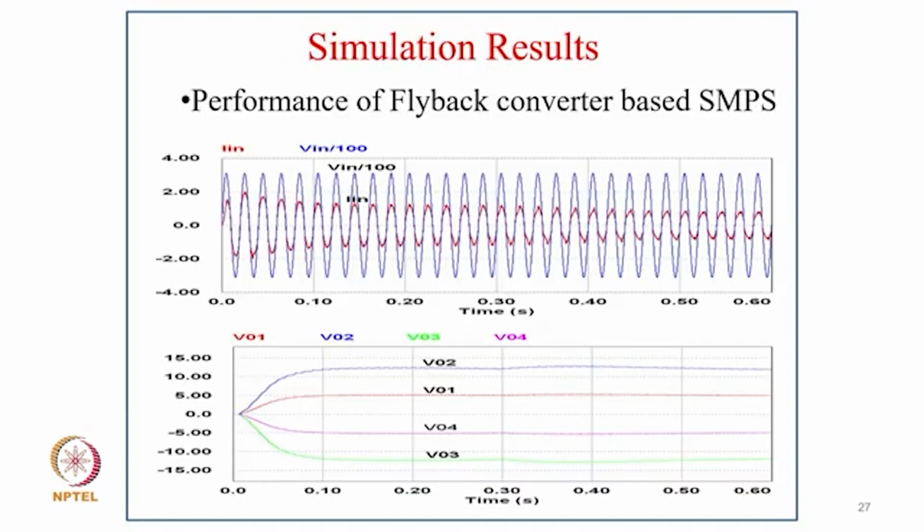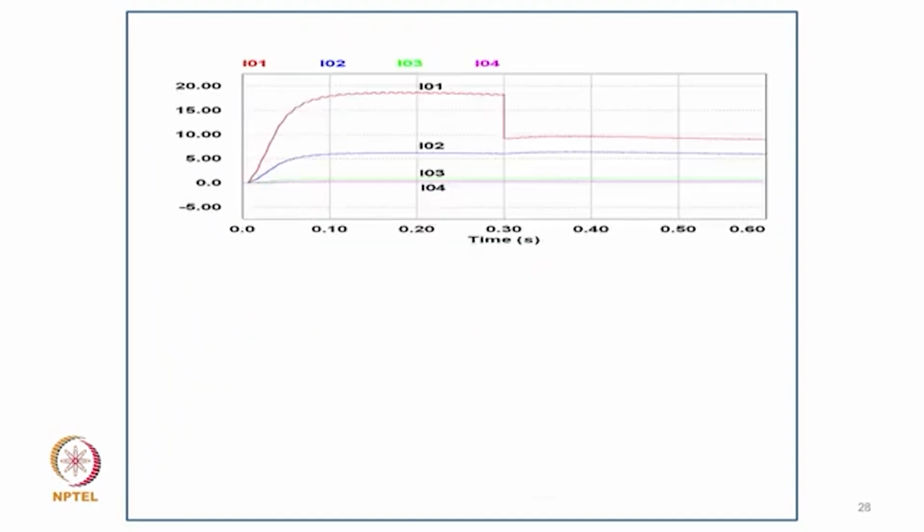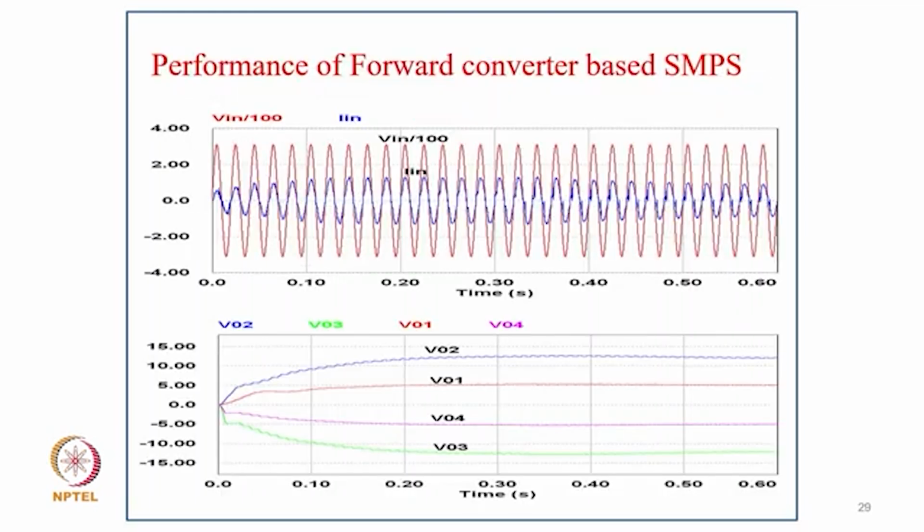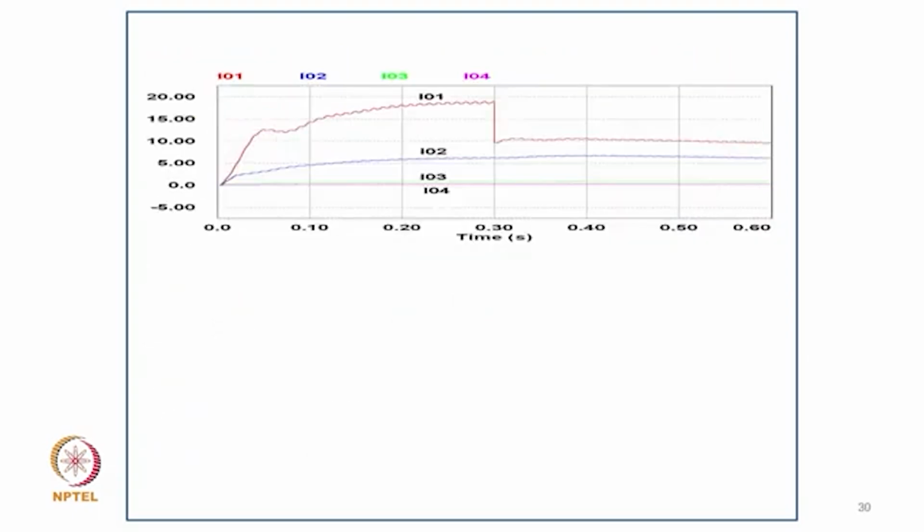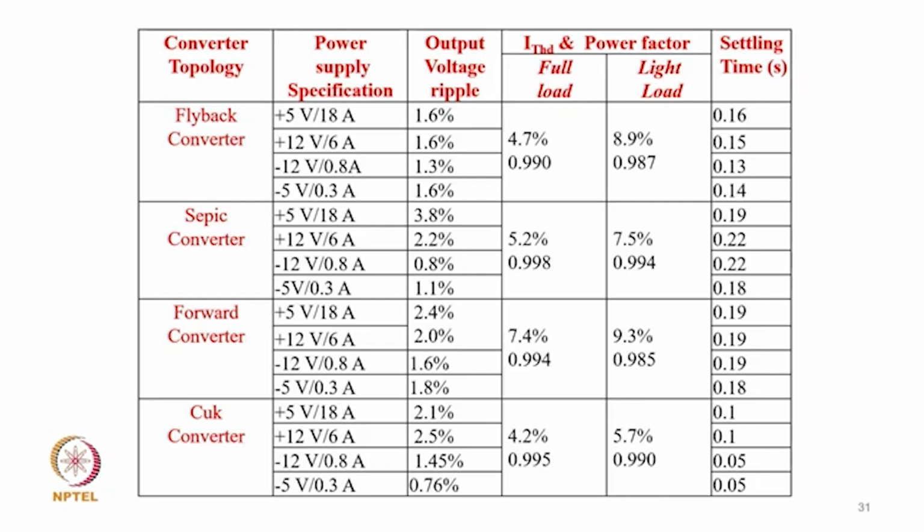And typically, you can say this is the performance of a flyback converter switch mode power supply. With the proper design, you can see how input voltage and input current are there, and how the multiple outputs vary during operation in response to starting also. And then with load variation, how the output performs if the load varies. In case of the forward converter, there is another converter, where the input voltage, input current vary, as well as the output voltage and the load variation.